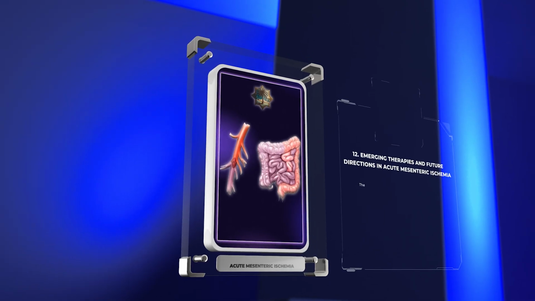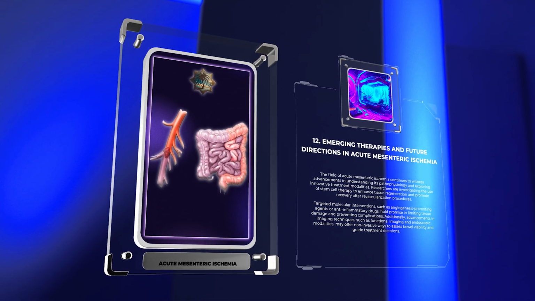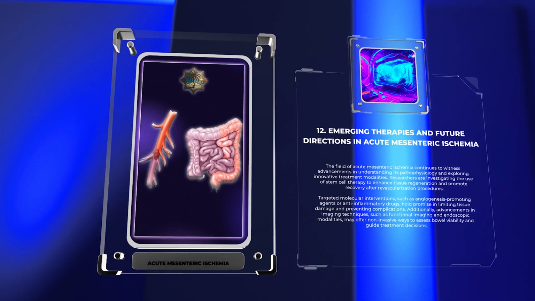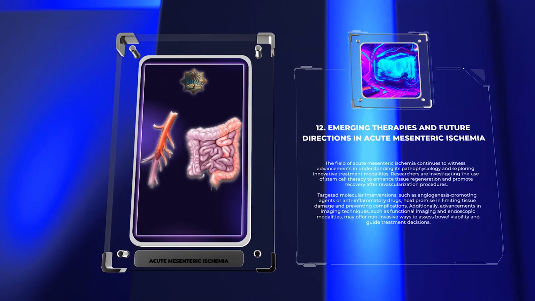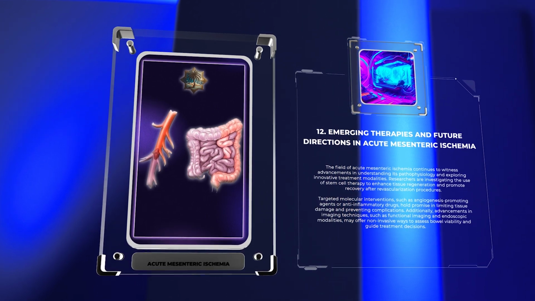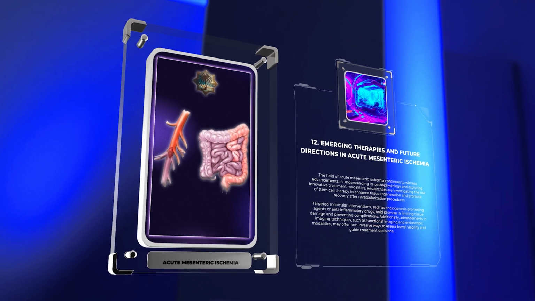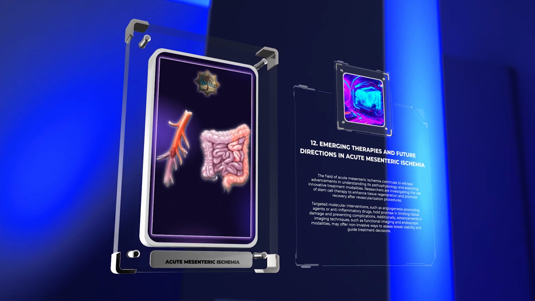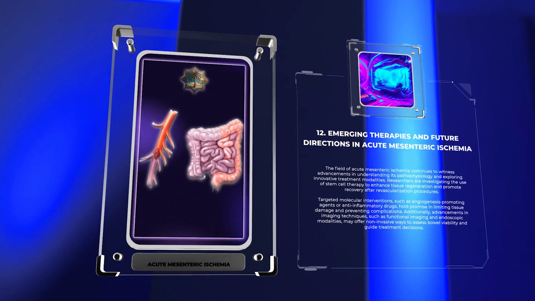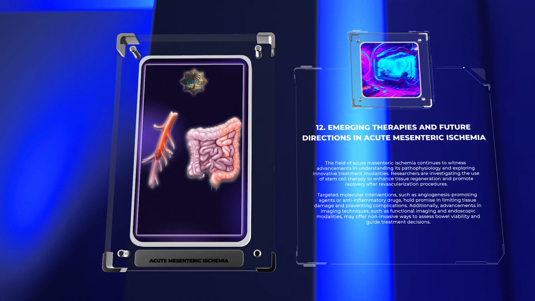The field of acute mesenteric ischemia continues to witness advancements in understanding its pathophysiology and exploring innovative treatment modalities. Researchers are investigating the use of stem cell therapy to enhance tissue regeneration and promote recovery after revascularization procedures. Targeted molecular interventions, such as angiogenesis-promoting agents or anti-inflammatory drugs, hold promise in limiting tissue damage and preventing complications. Additionally, advancements in imaging techniques, such as functional imaging and endoscopic modalities, may offer non-invasive ways to assess bowel viability